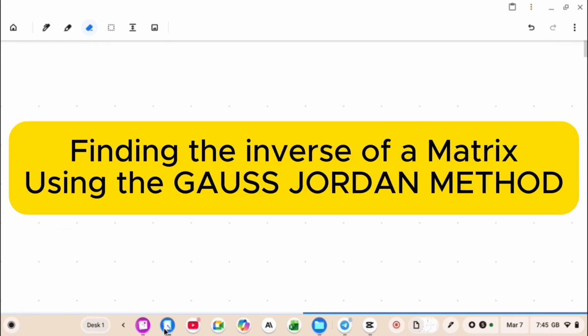We're learning how to find the inverse of a matrix. We said the inverse of a matrix A is written like this. This is how you write an inverse of A. And then we said